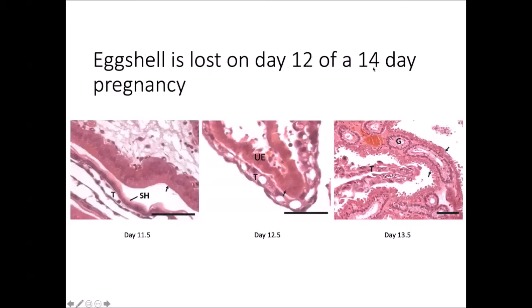However, what is not appreciated so broadly is that for about 12 days out of a 14-day pregnancy, the trophoblast, or the placenta, and the uterine epithelium are separated from each other by a shell coat. So you see here this extracellular material, and only around day 12 does the shell coat disappear, and there is a direct contact between the placenta and the uterine epithelium that starts to do some crazy things that I don't really understand.